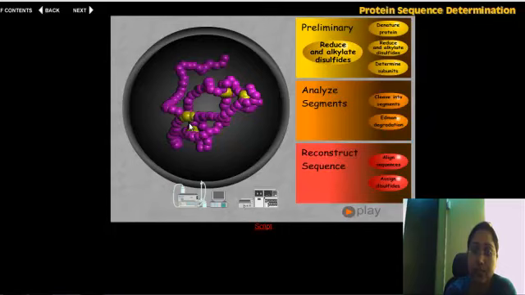Now reduction of disulfide means breaking the disulfide bond, and alkylation of disulfide means we are trying to cover that cysteine group so that it should not go back and once again form that disulfide bond. So ultimately we'll have a linear chain of amino acids, and it will be very easy to determine the sequence of a linear chain of amino acids. A common way to cleave disulfide bonds is to add the reducing agent 2-mercaptoethanol.